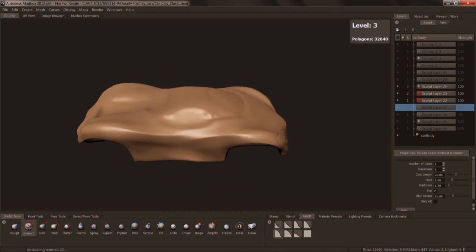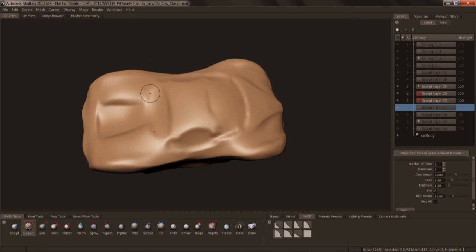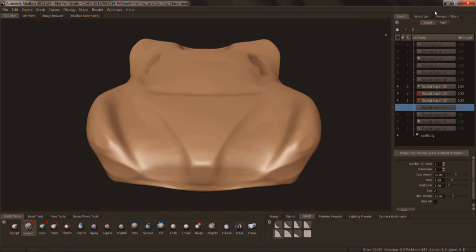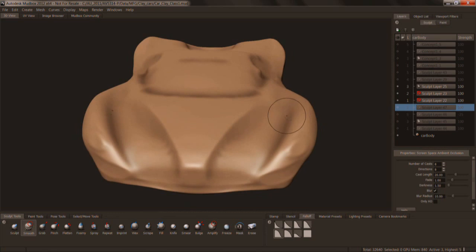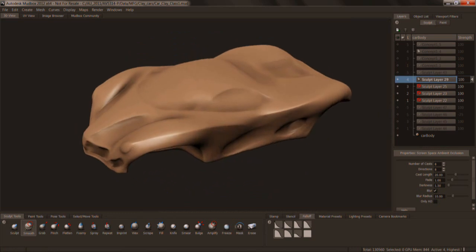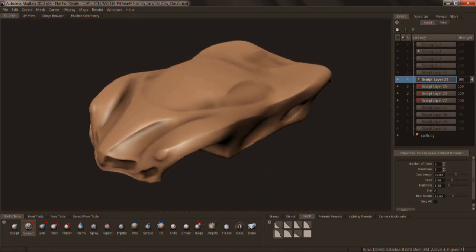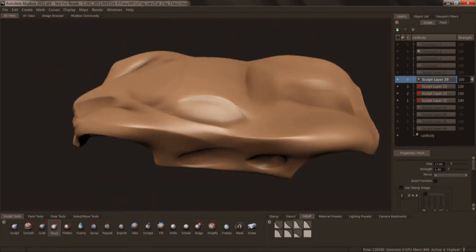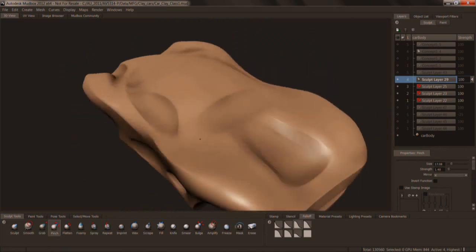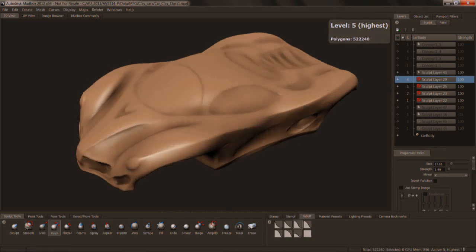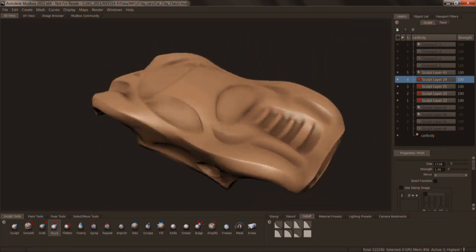If we just step up in here, we can see we can start to form in some of the overall details of the windshield and the front end details on this. And then stepping up again, we start to refine it a little bit further. Now we have high enough resolution of geometry that I can smooth this out and start to use the pinch tool to grab these kind of sharp edges along the side, and then start to dig these kind of inlets or holes along the side. Let's step up to the top level here where you can see that we have some more kind of finished